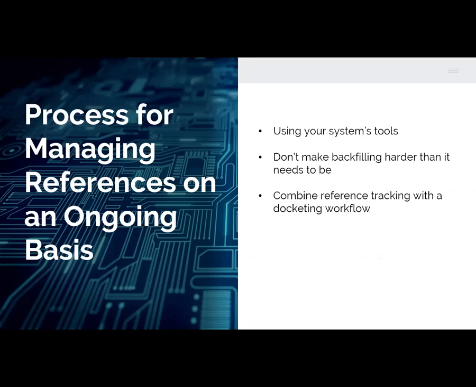But the key thing here that I want you to take away on this third recommendation is to proactively be monitoring documents for citations that need to be tracked and putting those in a software tool when you first receive them. And that's typically when they're coming in through your firm's docketing process. Because if you're proactively doing that, you're actually going to prevent a lot of the situations that Jill's tool and Peter's tool